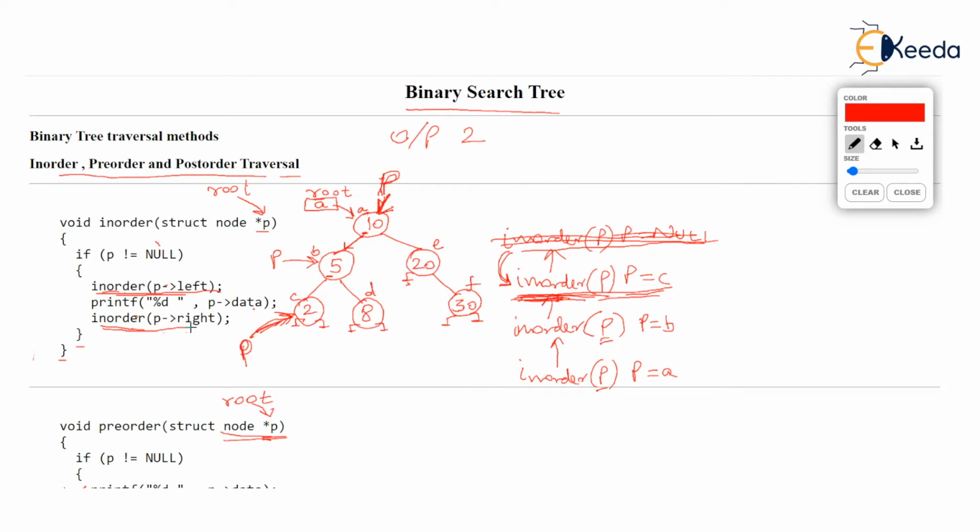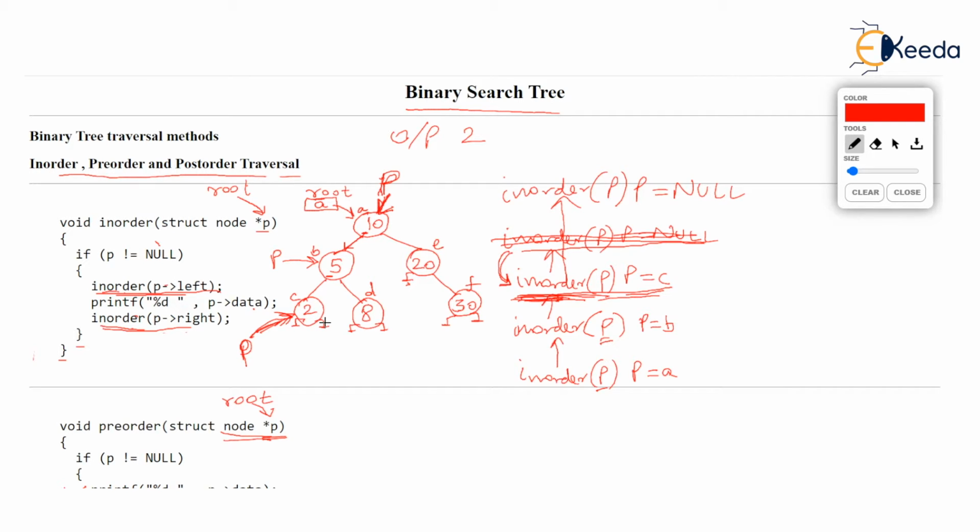So p arrow right over here is null, you observe. What that means is, inorder p, where p is at c, will now call inorder again. This is the second call to inorder from the same function, with p arrow right as the parameter, and p arrow right was null. Observe, this 2's right is null.